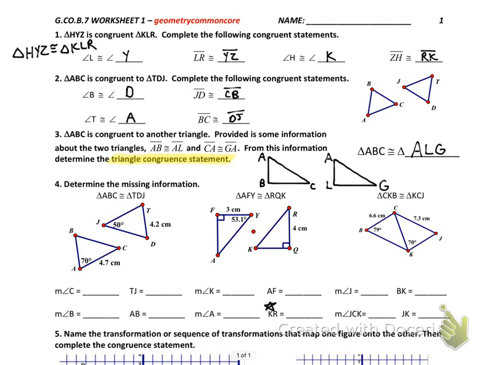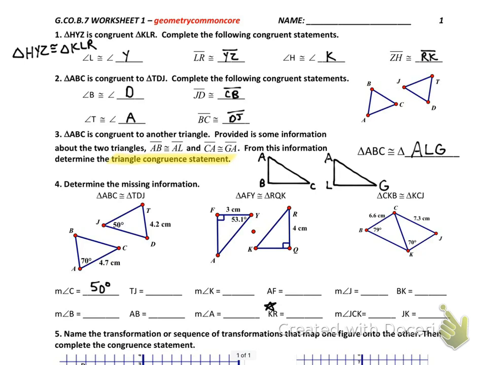So triangle ABC is congruent to triangle TDJ, and I actually find it easier a lot of times to go back to the congruent statement like I was saying before. So anyways, C, what does that correspond to? J. And we're looking at the first one, so we want to know the measure of angle C. Well, that's the same as the measure of angle J. So what is the answer going to be? 50. So a lot of these don't require calculations. It just requires